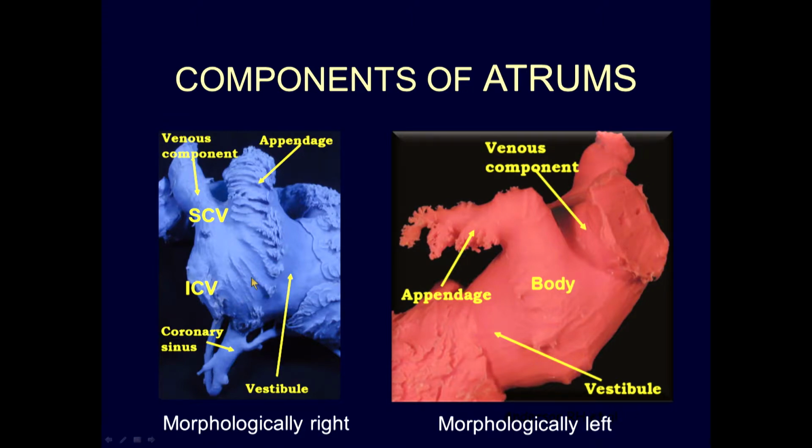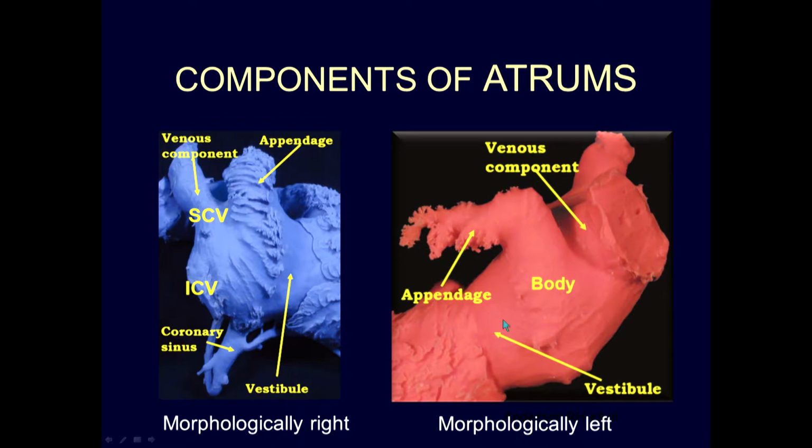In the morphologically right atrium, the pectinate muscle extends from the appendage to the coronary sinus, all around the tricuspid valve. In contrast, the morphological left atrium has a very finger-shaped atrial appendage, and the pectinate muscle is usually confined to the atrial appendage. So the body and